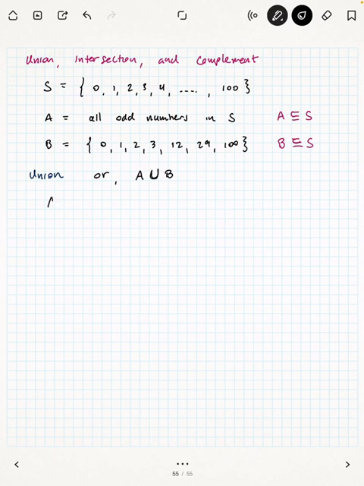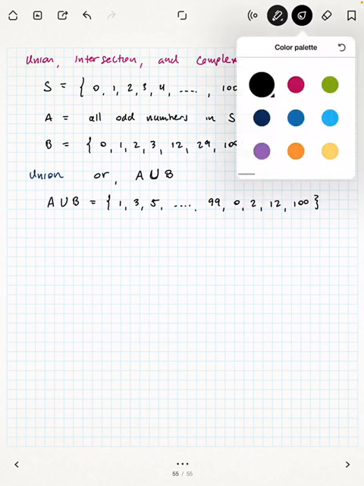So A union B would be, you would list off everything that's in A, and that would be 1, 3, 5, all the way up to 99. And then anything that is in B that we haven't counted already. So that includes 0, 2. Notice that we already have 1 and 3, so we don't have to write it again. 12 and 100. You can rewrite them, put them in order properly if you want. But then the idea is, symbolically,